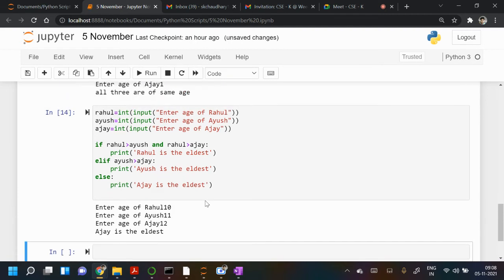This is fine. So actually, in my code, the first code, Ayush and Ajay were not compared, both were not compared. So there you have to write that. Okay, till then you try.